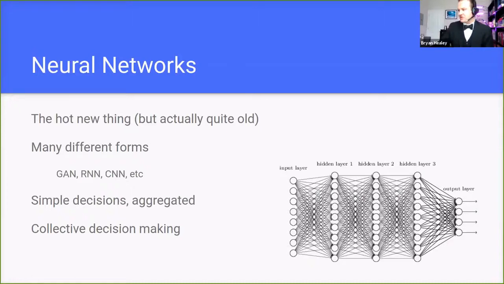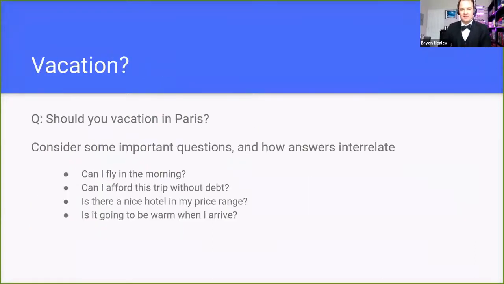But ultimately that's the process behind a neural network. The way I like to describe it is a thought exercise I use a lot when trying to explain to people what neural networks are and how they function. It's a little bit like using your friends to make decisions. An example I joke through, and this is actually kind of inaccurate in a practical sense, but it gives you the story: imagine you have a bunch of friends together with you, and you're trying to use them to figure out a question. In this case, should I go to Paris on vacation? And setting aside the fact that the answer is definitely yes, how would you use your friends to help you arrive at that answer?